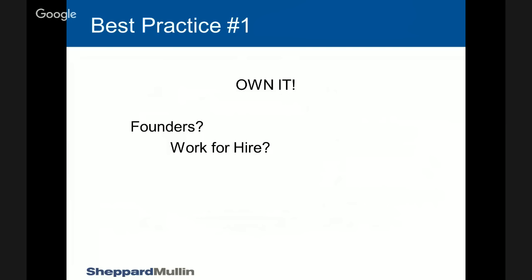So the bottom line is, even if you pay someone for something, if you don't have the express assignment of the rights to you, you don't necessarily own your code. So don't just rely on work for hire. Make sure that there's a written agreement with the developer that assigns all intellectual property, including patent and copyrights, and that will put you in a much better position.